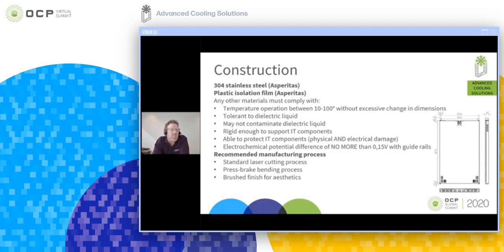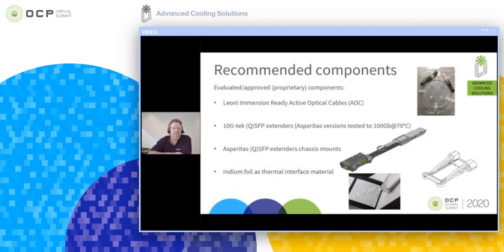The recommended manufacturing process here is actually fairly straightforward. A standard laser cutting process with press brake bending and brushed finish for aesthetics. One thing is for sure, everybody likes their products to look good, and the brushed finish will do that for you. Now, there's a couple of recommended components that are part of